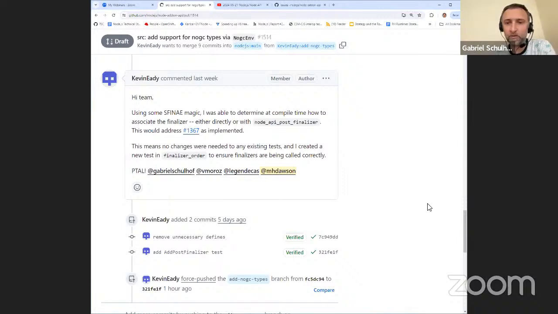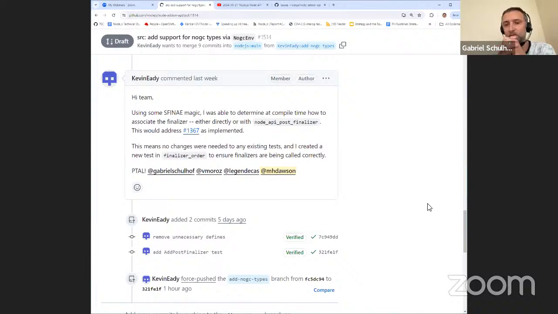I think that's a documentation thing. We can add some extra documentation, because we do cover finalizers, right? And so this is an important aspect that we should cover. Okay, let me see if I understood this correctly. The developer still has to create a finalizer with the right signature in order for us to be able to decide whether to add post finalizer or not. Correct. Right. Okay, that's pretty good.